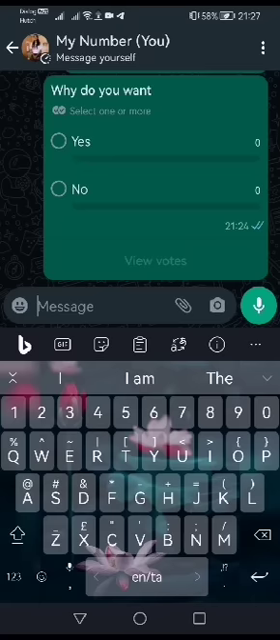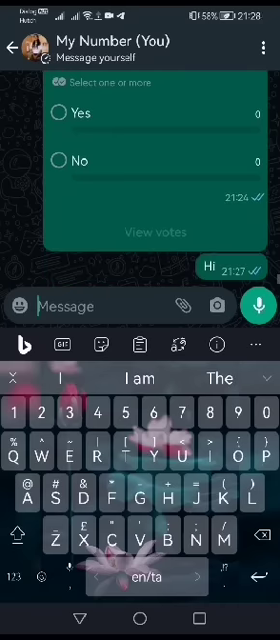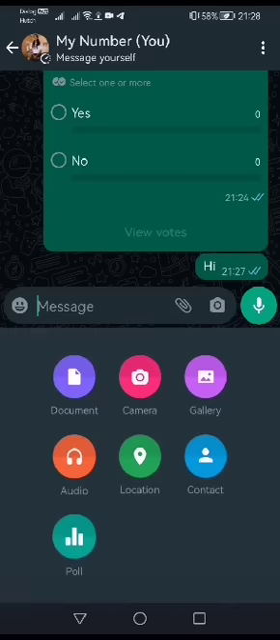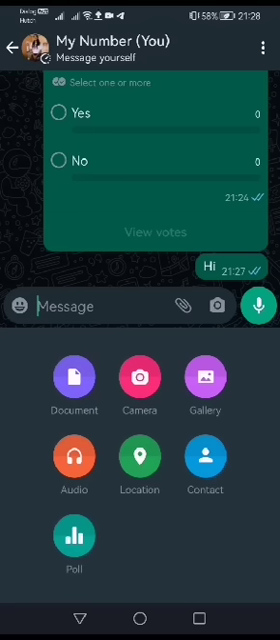So you need to type a message. I'm going to enter hi. Then you need to click on this send button icon. Thereafter, if you want to send any attachments, you need to click on this paperclip icon, and here you